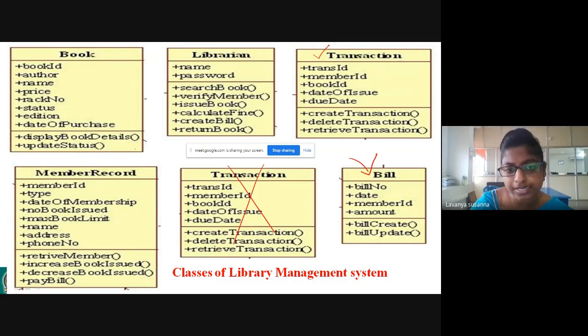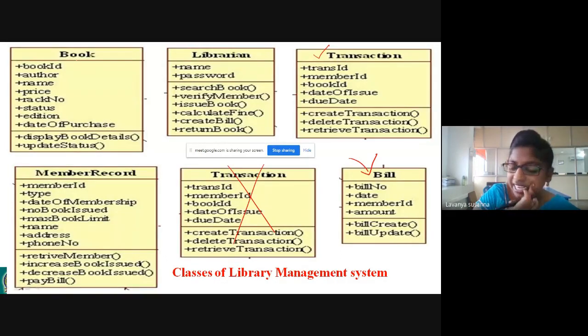I hope you understood. Once again, see the classes of the library management system: book, member record, members of the library, librarian, transaction. You need a transaction because you need to pay the amount if there is a due date. Next, bill.